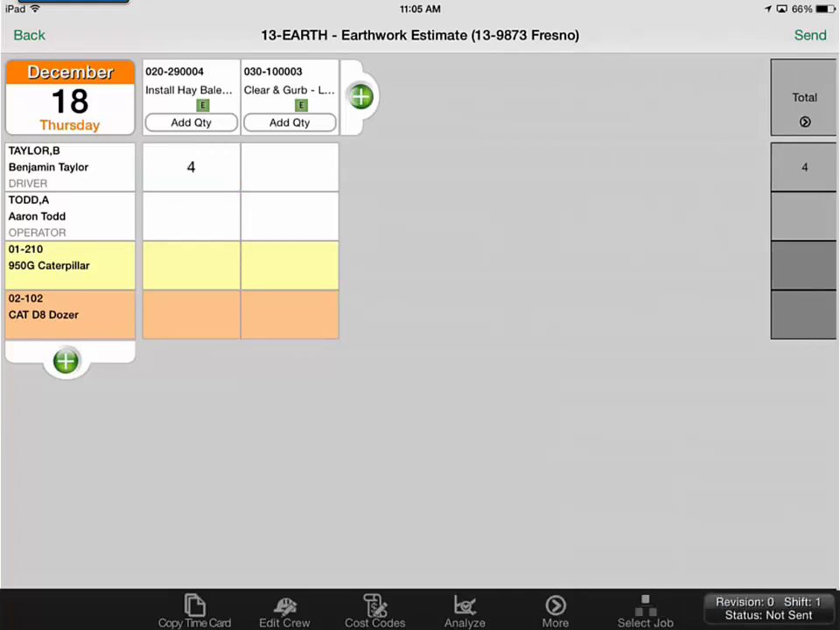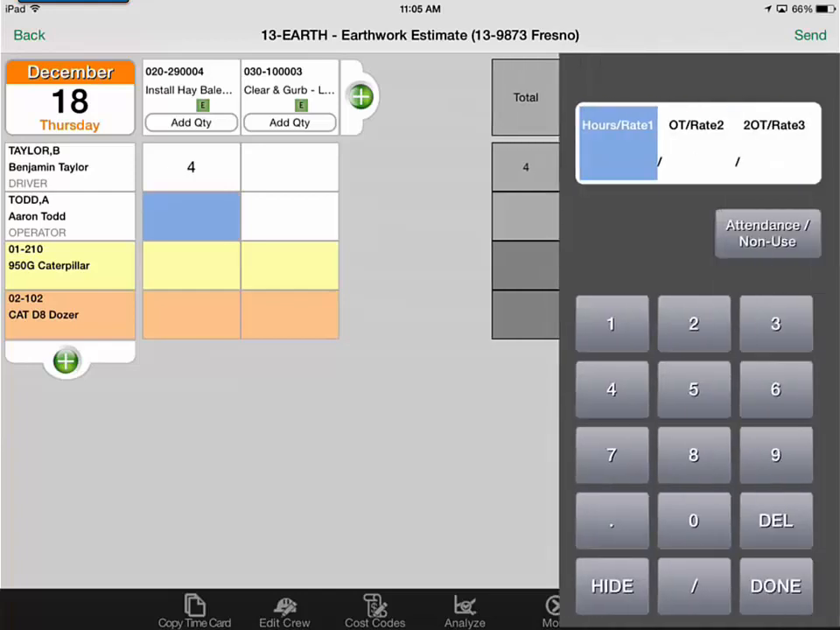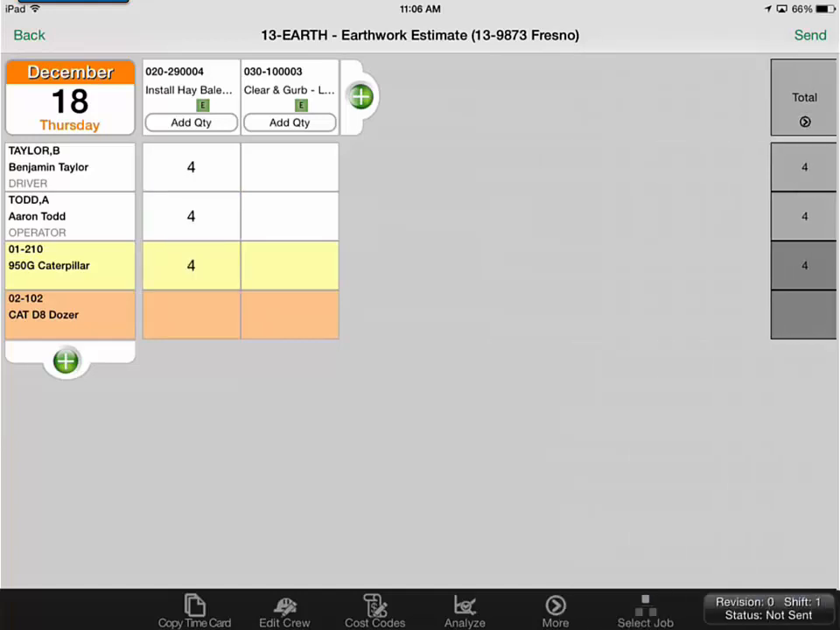For Todd, we're going to enter in 4 hours along with 4 hours for the equipment. As you notice, I selected both boxes. You can do that. You can select multiple boxes at once that quickly allow you to enter in the same number for multiple fields. And we're going to go ahead and put 4 again and hit Done. So now we have 4 hours for Taylor, 4 hours for Todd, or Aaron Todd, and 4